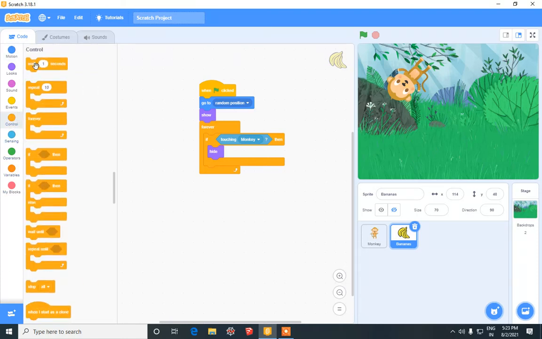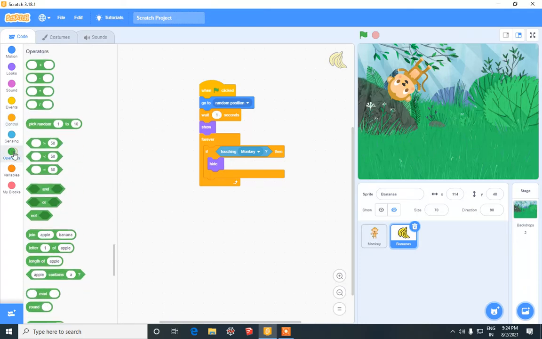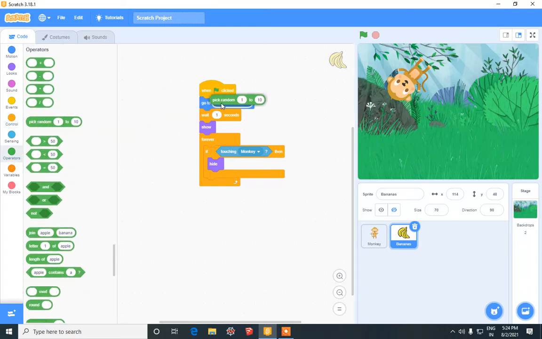So we will go over here and make use of the wait command. It has to wait for some seconds and then the next set of bananas should be visible. So that random interval of time has to be mentioned over here. That can be done using operators. Pick any random value from 1 to 5 seconds. So a random value from 1 to 5 seconds has been selected, and then at a random position that banana will be displayed. Okay, so let's see if this much part is working.